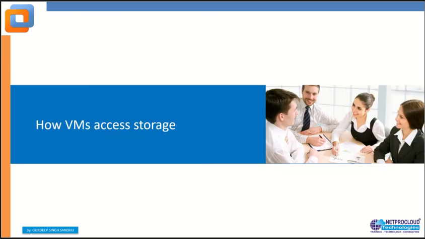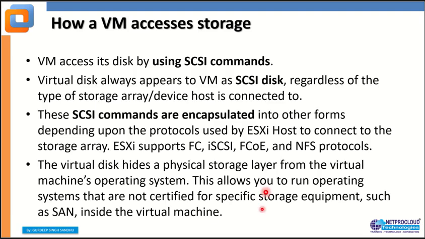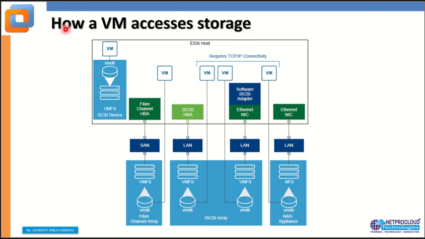Now, how do VMs access storage? This is quite interesting. Let's study how a virtual machine accesses the storage. This is a logical diagram. Here we are with the ESXi host, and there are different methods to access storage. First of all, it is the local storage, which is present inside the ESXi box. Onto this local storage, we can create the VMFS SCSI device or VMFS datastore, and onto this datastore, your VM can place its VMDK.